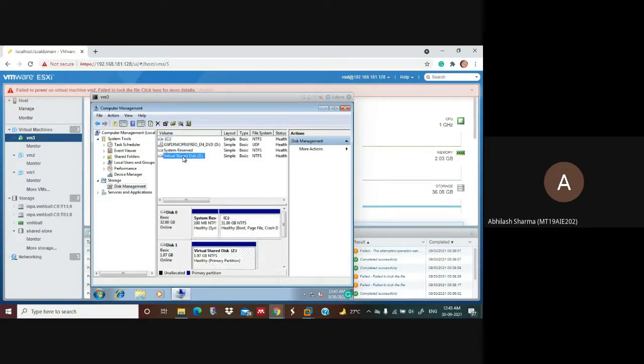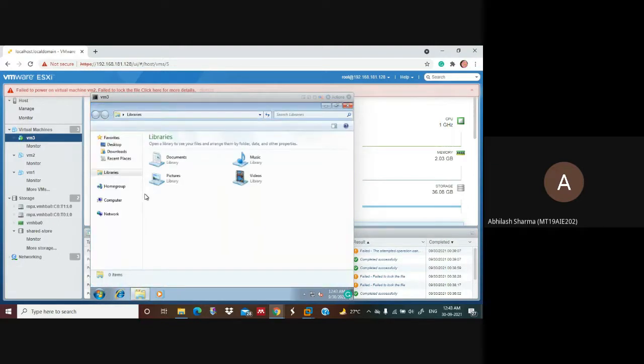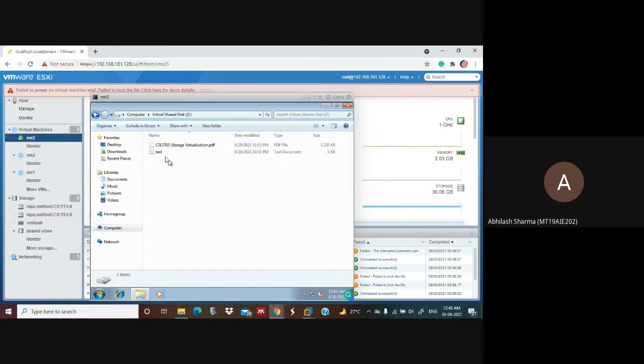I have named it virtual shared disk, and the drive letter that I've given is Z. After doing that, if I go to File Explorer and check my computer, I can see the virtual shared disk. If I click on that, I see both files, the PDF and the test file that I created just for test purposes.